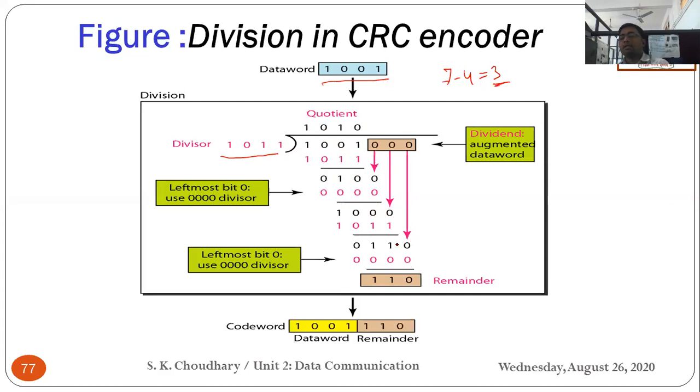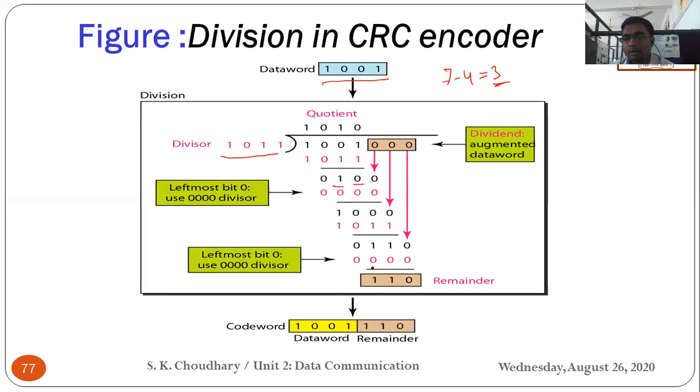When you do this simple division method, only remember you are doing a modulo 2 division. So do not use simple mathematical subtraction. You have to always use a modulo 2 subtraction. This is equivalent to the XOR gate. When the similar term is there, output is 0. When the different term is there, output is 1, like this.